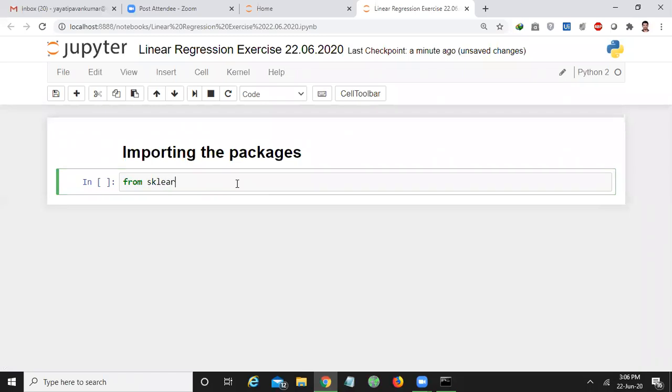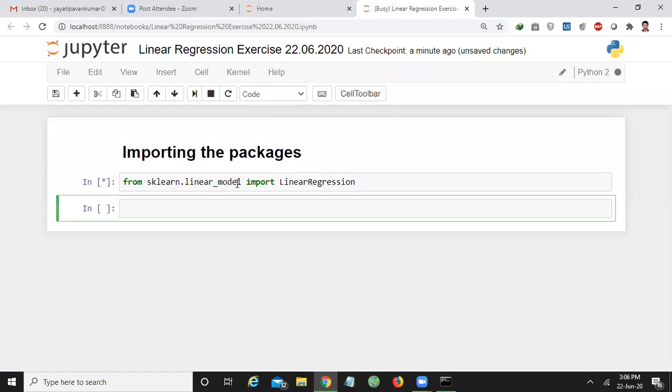From sklearn.linear_model import LinearRegression. Press shift enter. From sklearn.linear_model import LinearRegression.